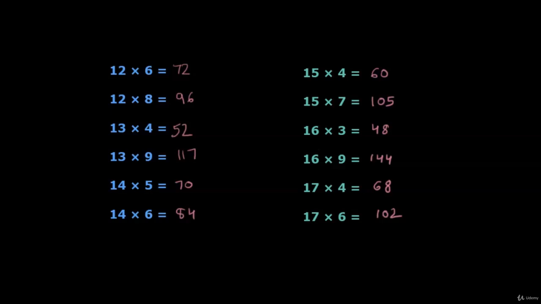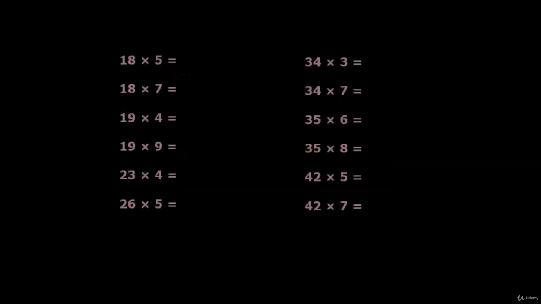Now let's take a few more examples. Now 5 times 10 is 50 and 5 times 8 is 40. 50 plus 40 becomes 90. 7 times 10 is 70 and 7 times 8 is 56. With 70 we need 30 more to make it 100. So we split this 56 to 30 plus 26 in our mind. So 70 plus 30 plus 26. So the answer becomes 126.